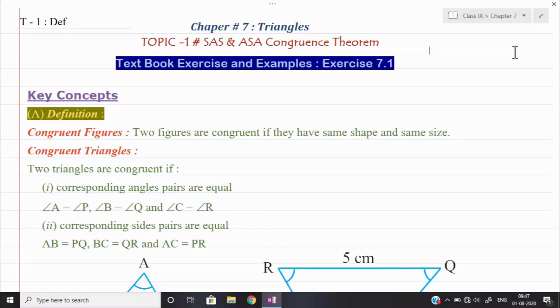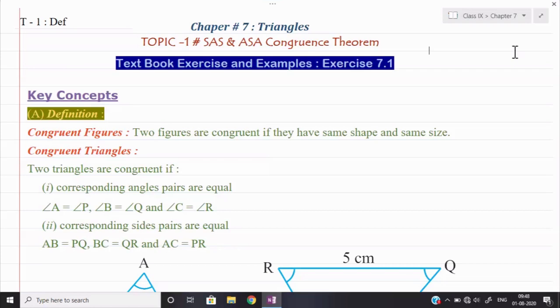Similarly, if you compare two pens of the same company and brand, we can say that they are also congruent. You will find many objects in the world which are exactly the same. For example, twin brothers or sisters, you might say they are also congruent. However, they are not exactly congruent, but if we want to adopt this concept, we can assume they look absolutely the same. They have the same height, the same weight, the same physical appearance. So we can say they are also congruent.